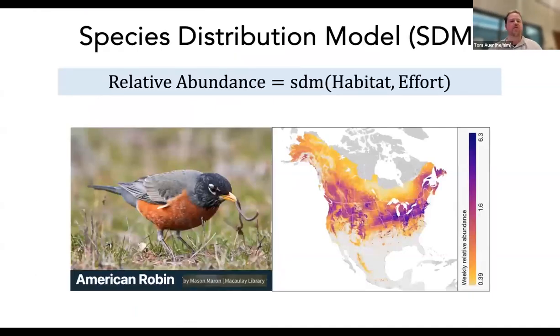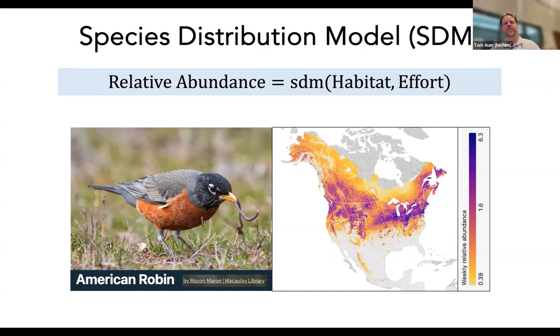So we've talked about status before, and status is essentially a species distribution model. We use machine learning and random forest, but we have a set of features and we predict where birds are. And we do this for 1 year, the most recent year. And we try to do it for 52 weeks of the year. And the outcome that we're looking to predict, to estimate, is relative abundance. And we do this with these SDMs, species distribution models, using a suite of habitat and effort covariates.